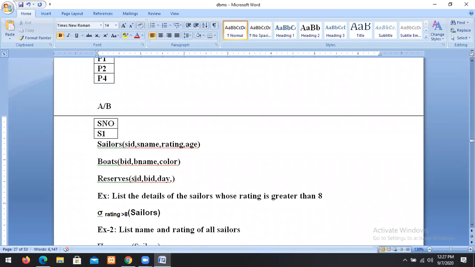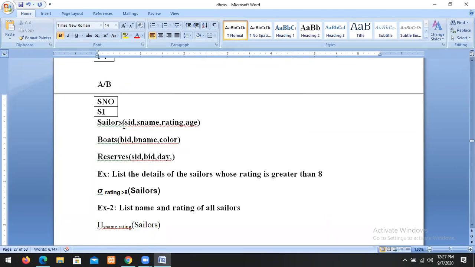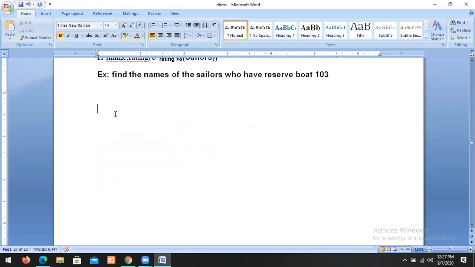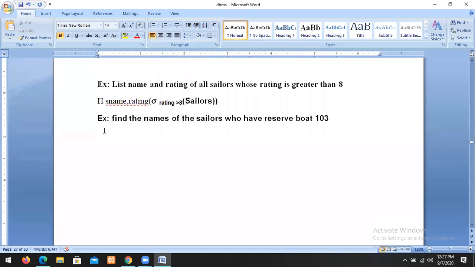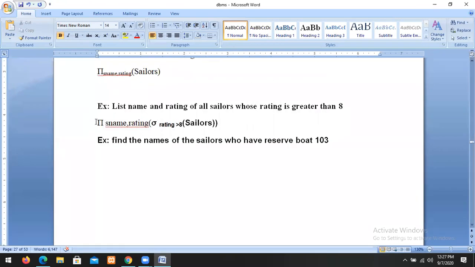So this is the reserves table, and boat ID is in it this way. The seller's name is in one table and the boat ID, the boat condition, is in another table. In this case, it is necessary to join the data of sellers with reserves. For this purpose, we use this. What we need is pi, the seller's name.